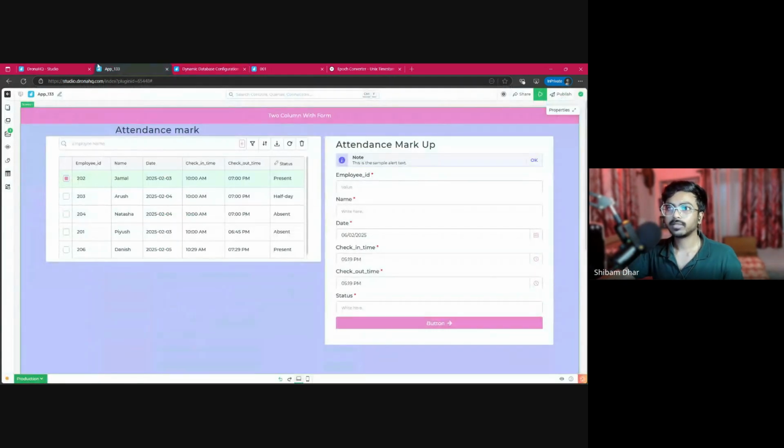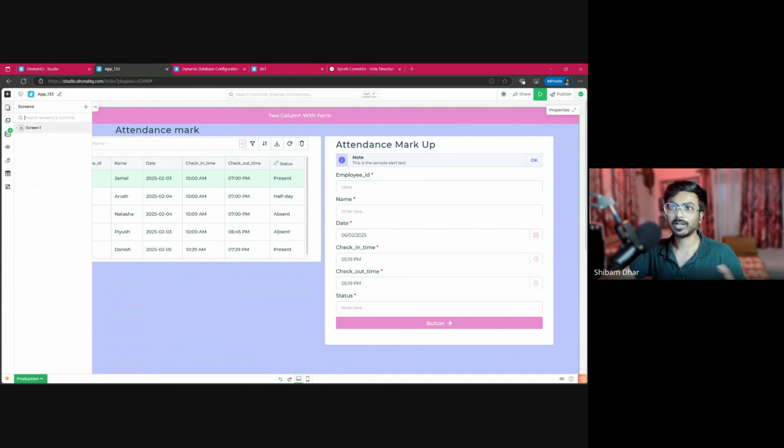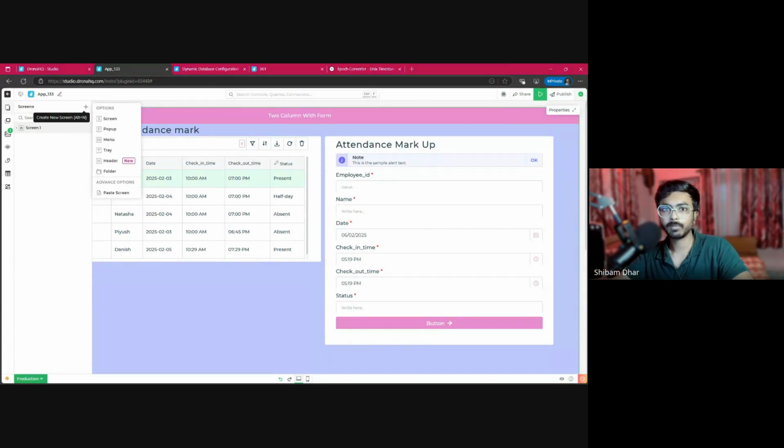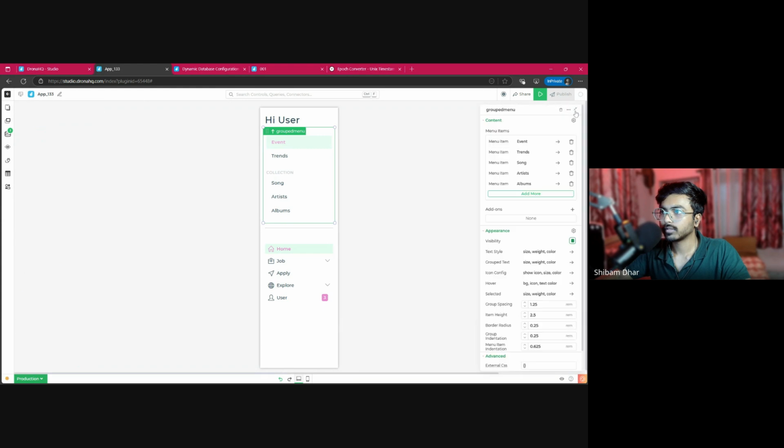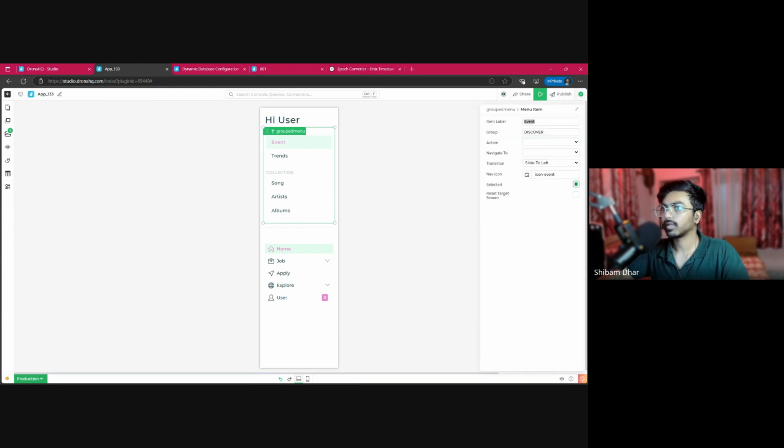And apart from that, you have different screens. When I talk about screens, let's say this is an app, this is an admin panel page app, but it can be part of a bigger admin panel. So what I can do, I can simply add a menu right here. Okay, so instead of events, let's say I want to say attendance, right? Okay, navigate to screen one. Okay,